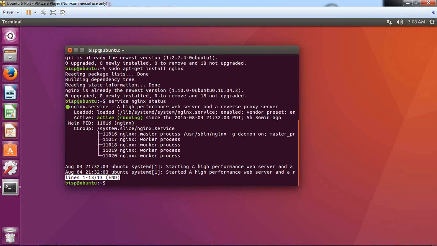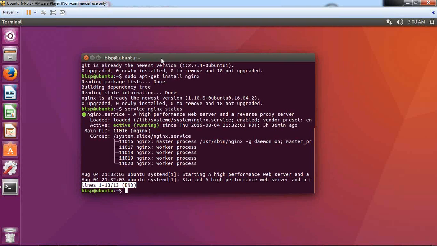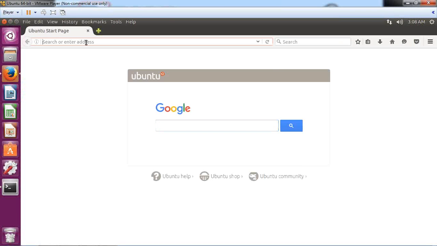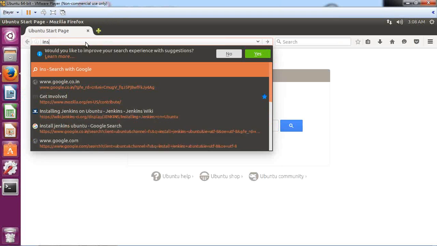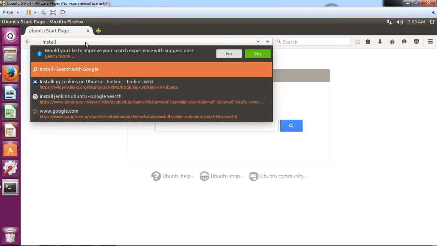Now to set up Jenkins, we require a few commands. So we can visit the web and copy paste the commands from there. We can write down the commands by ourselves as well, but just to save time, we can visit a URL, and from that URL we can copy paste the commands into our terminal, and that will save our time. So for that, I open browser, and here I pass a command install Jenkins